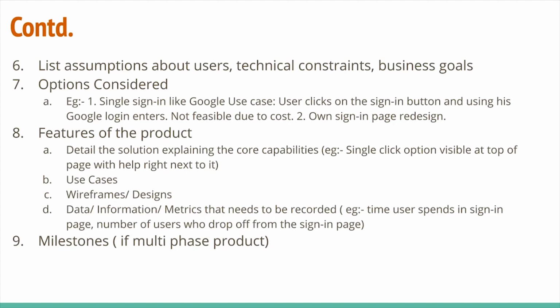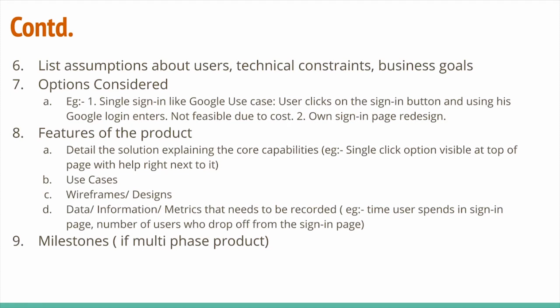The next section is essentially the milestones section. If your product has multiple phases, you list it out here. For example, let us say for the same feature, I have a plan to launch it in 3 languages, considering my market. In phase 1, it may be just for English. In phase 2, it could be in a second language. And in phase 3, it could be a third language. Then I'll clearly list out what the milestones are and by when I plan to achieve each of those milestones. Milestone 1 is launching it in language 1, 2 is launching it in language 2, and the third milestone is launching it in language 3. Each of them constituting a phase.